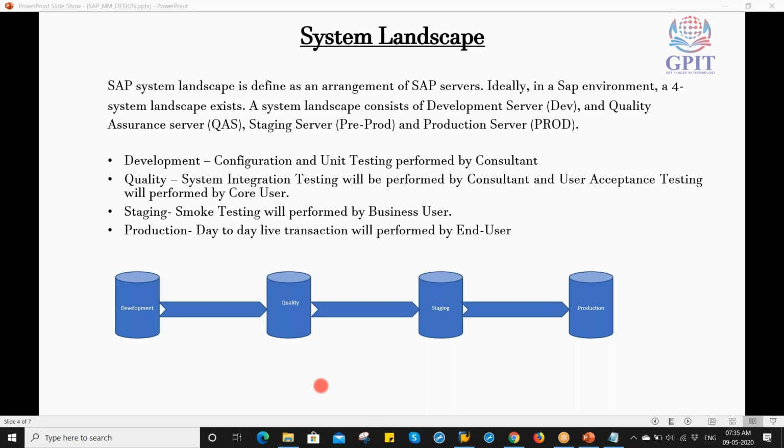योर आंसर विल बी फर्स्ट इज डेवलपमेंट, सेकंड इज क्वालिटी, थर्ड इज स्टेजिंग, फोर्थ इज प्रोडक्शन। ठीक है, 1 2 3 4, उल्टा सीधा नहीं। कभी फर्स्ट में क्वालिटी मत बोल देना, सेकंड में प्रोडक्शन मत बोल देना। फर्स्ट डेवलपमेंट, क्वालिटी, स्टेजिंग, प्रोडक्शन, यही सीक्वेंस पे आपको बोलना है। क्यों बोल रहा हूं, ये सब चीज आपको याद रखना पड़ेगा एट द